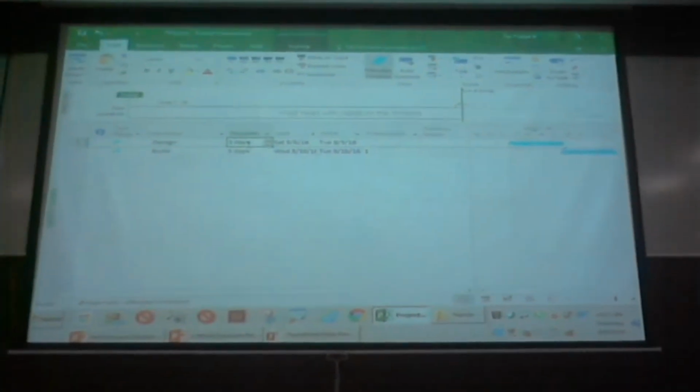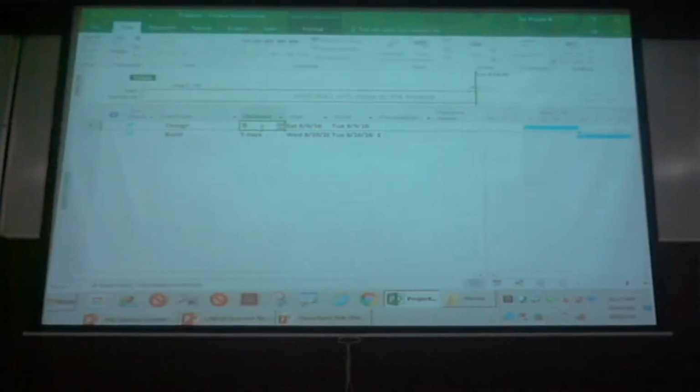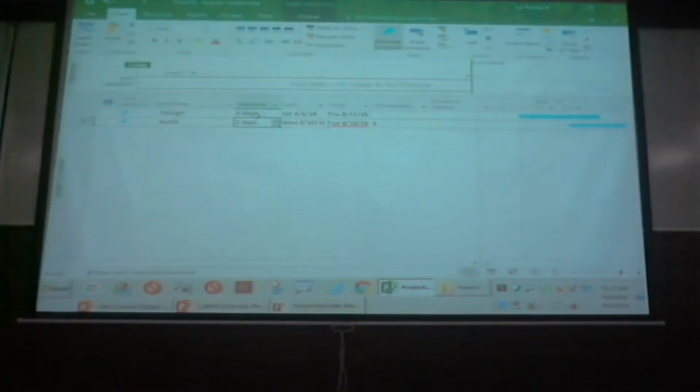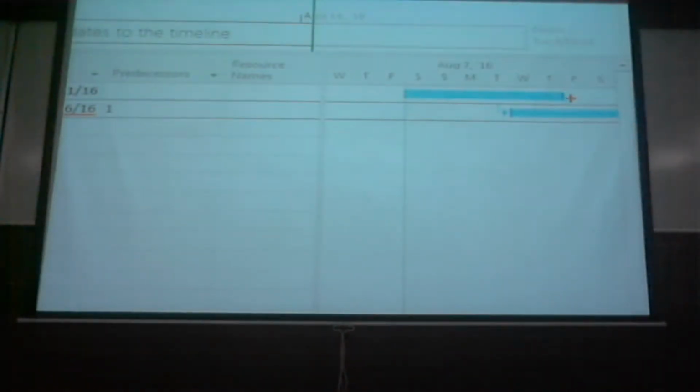Now once you get this, if I say my design is going to take a couple of days more or a couple of days less, you'll go to the design and change its duration from 3 days to let's say 5 days. When I change it, you would expect the next task, its successor, to automatically adjust. Do you all agree? Yes. Now let's see what we get. What happens? When the first task is getting adjusted, you are able to see that the second task is not getting moved. That is what manual scheduling is.